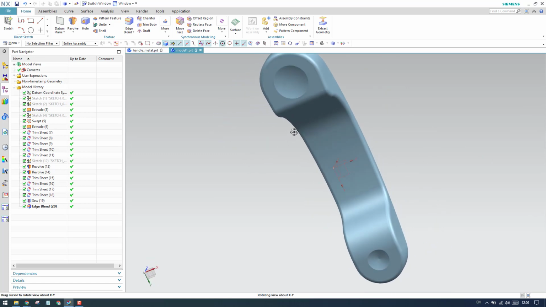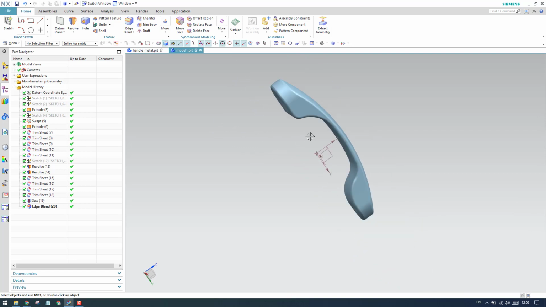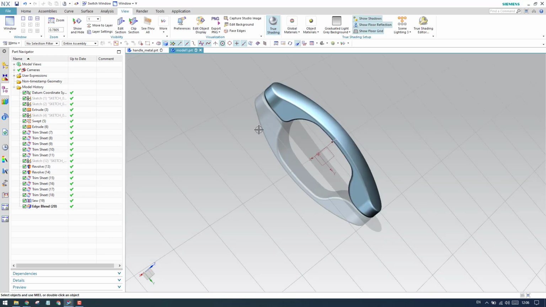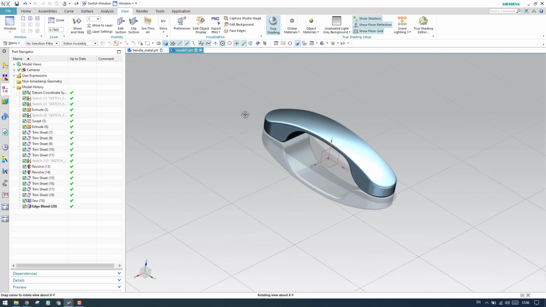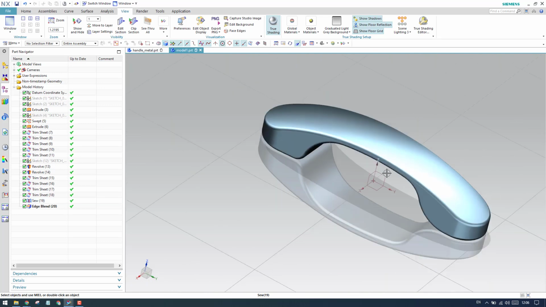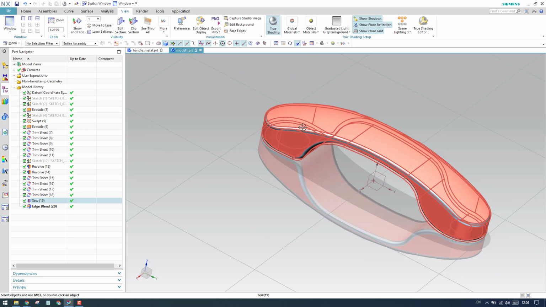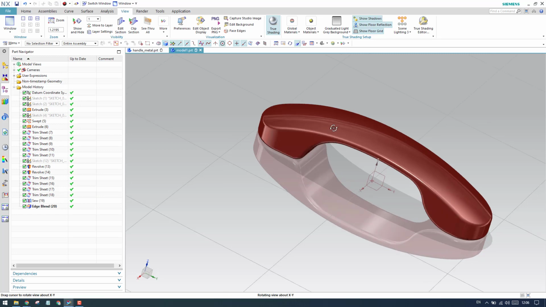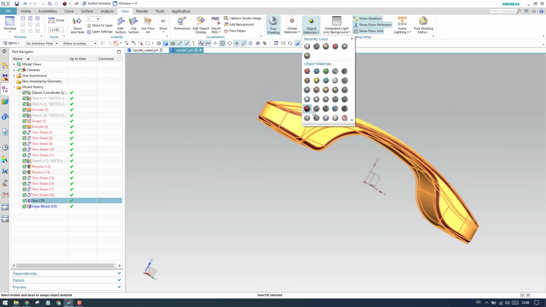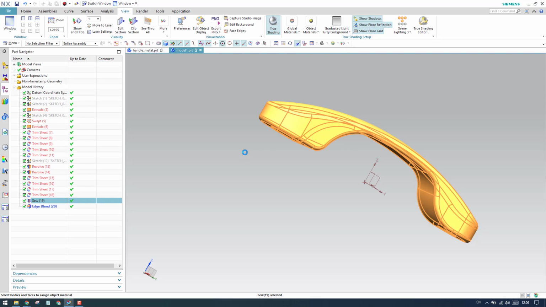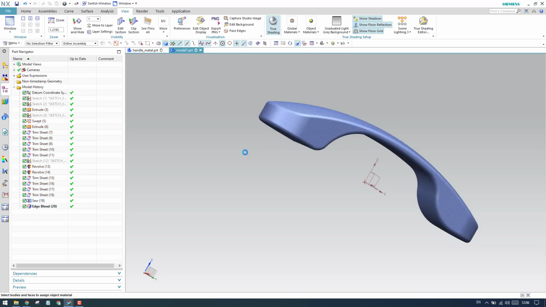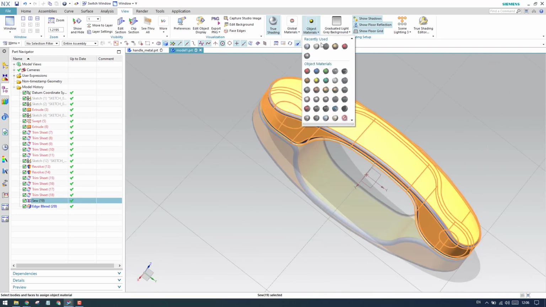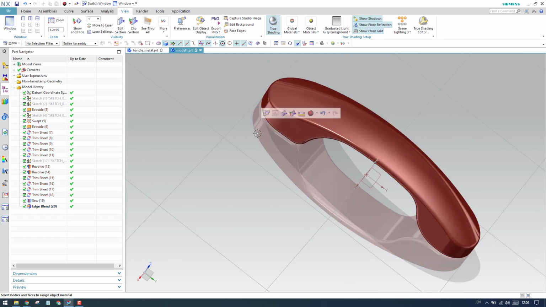In this tutorial, I will also show how we can give color for this and then make a rendering. So go to view and select true rendering. As you can see here, as soon as you select true rendering, the shading is changed. If you want to change the color, you can just select that and then give whatever color you want. So as you can see here, this is how we can render this. I think this color looks good.